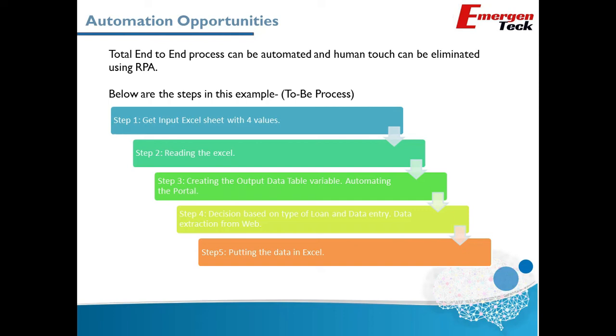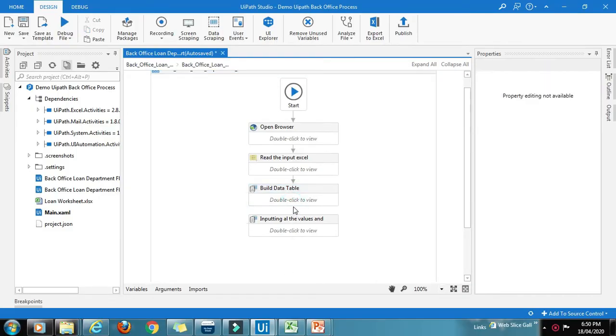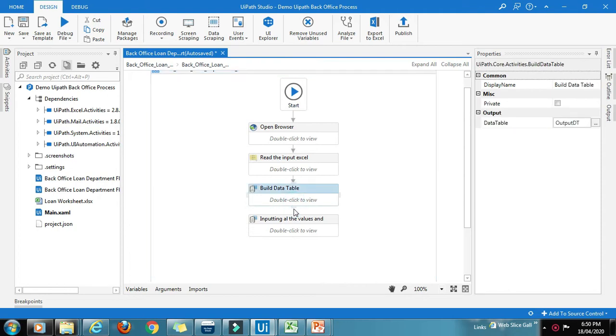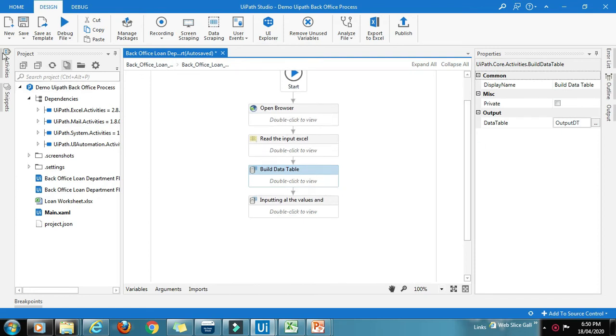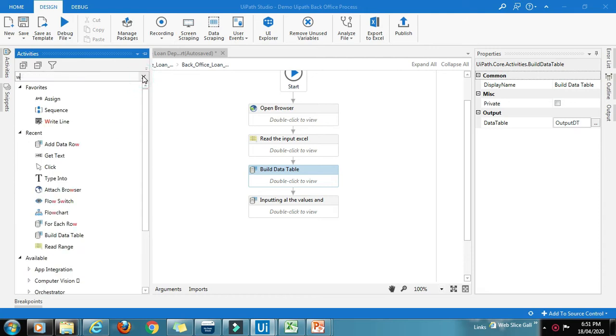Welcome back. We are done with the first 4 steps and now we are getting into the last step. Let me connect this to the previous node. Alright. And then to put the output data table into the Excel, we have to drag an activity called write